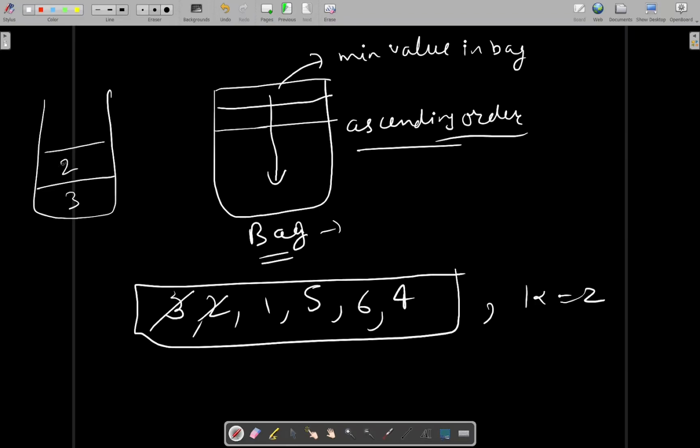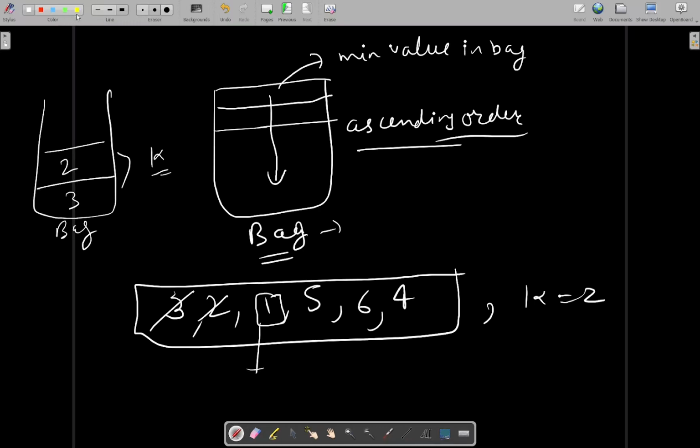As soon as I enqueue this 2, top will always be representing the minimum value in the bag. This is the bag. Now since the bag's size has become equal to k, and we are encountering this value 1, we will check